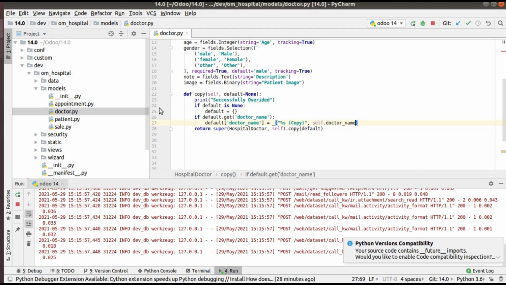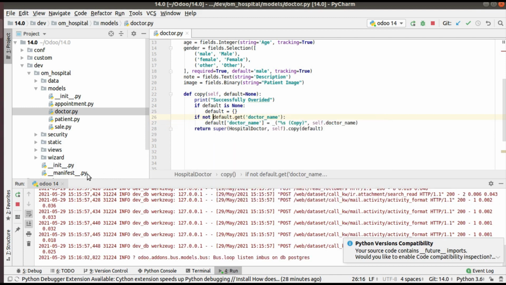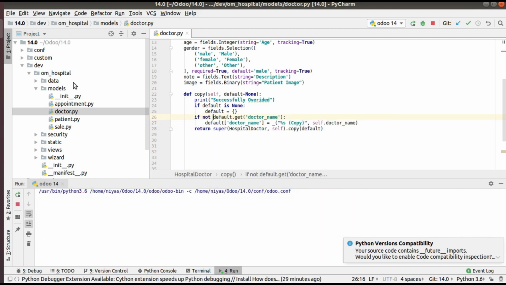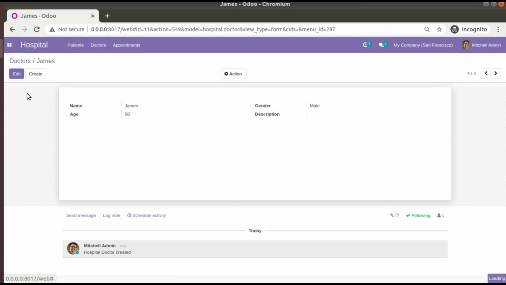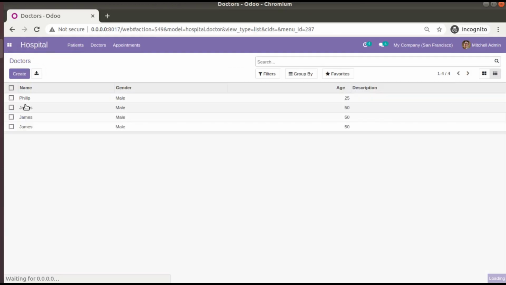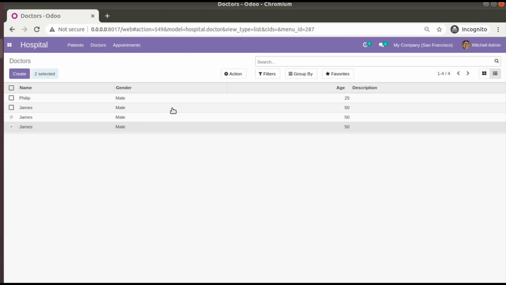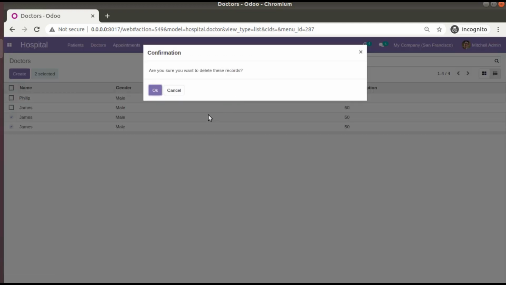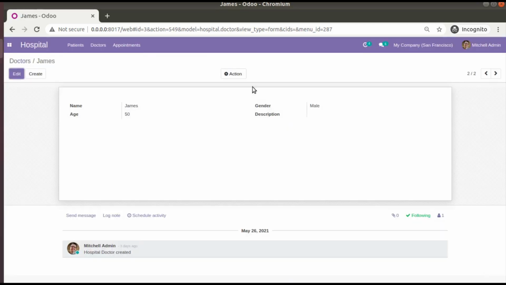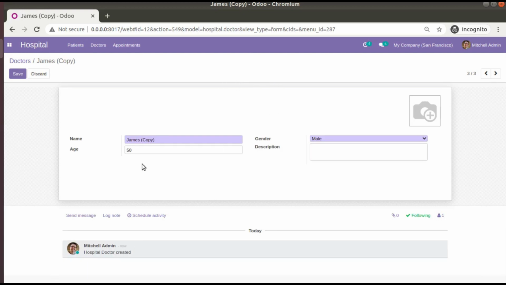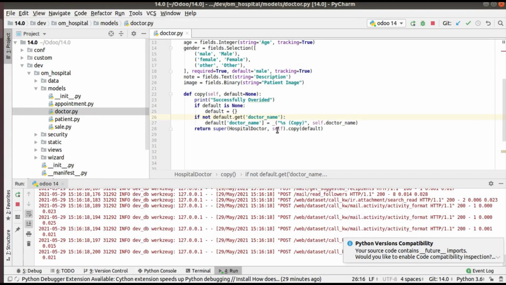The condition here is "if not default.get". Right now how many James do we have in the system? We have 4 James, so I'll delete 3 of them. If I click on duplicate, you can see the name along with "copy" is coming, and that is coming from here.